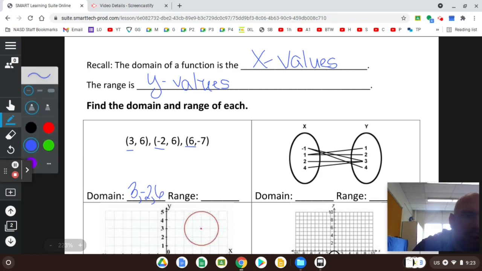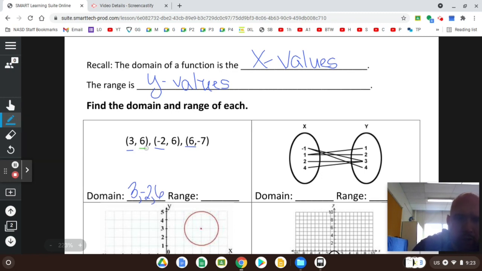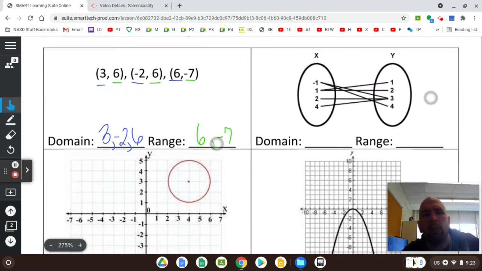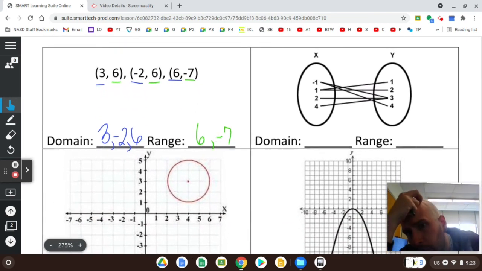The range in this case is going to be 6, 6, and -7. But I'm only going to write out 6 and -7 because what's the point of repeating myself? I'll zoom up a little bit on this one so I have the space. There we go. The domain for this one,